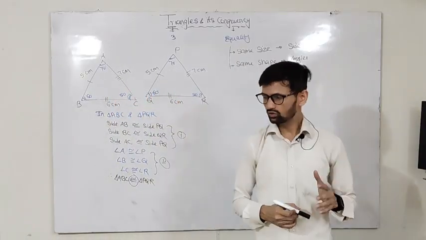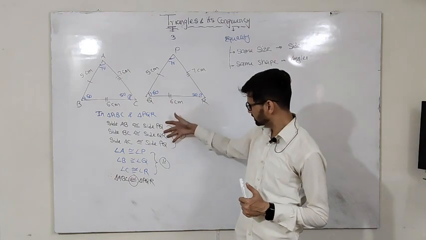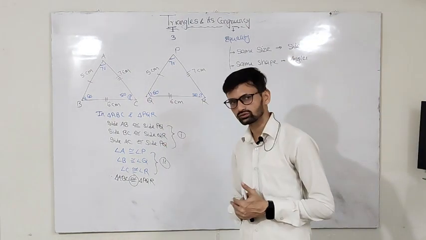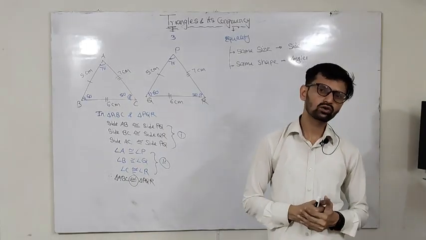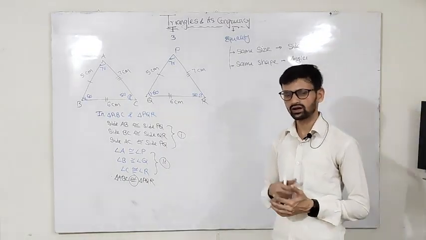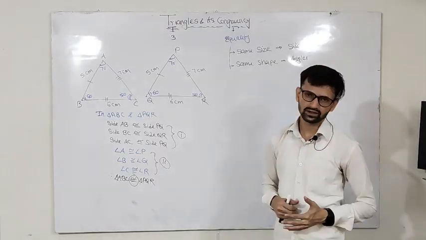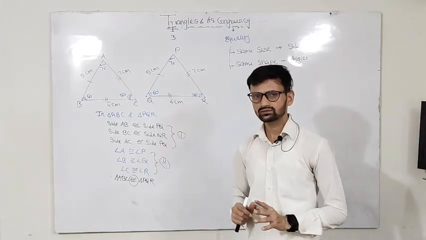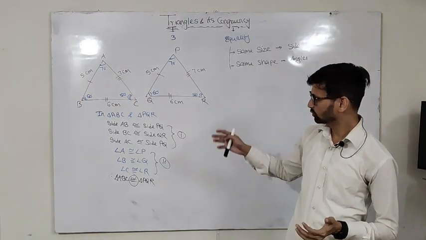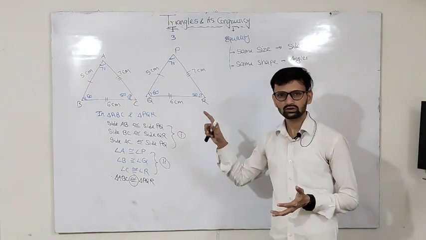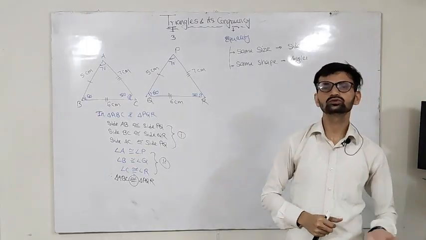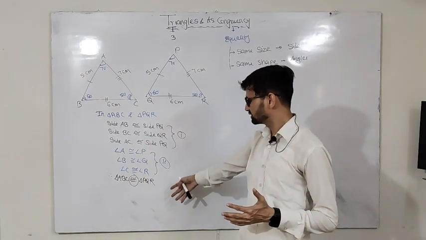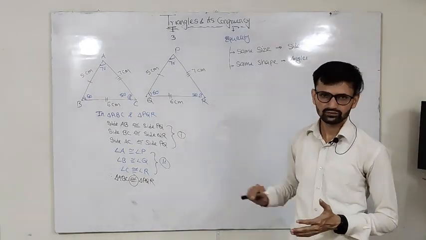So do we have to check all these six combinations, meaning 3 sides and 3 angles, to prove those triangles congruent? No, we don't need to check all these 6 combinations at a time. We can look at some specific combinations, and by looking at only these parameters, we can prove that the two triangles are congruent. No need to check all these 6 aspects of a triangle.